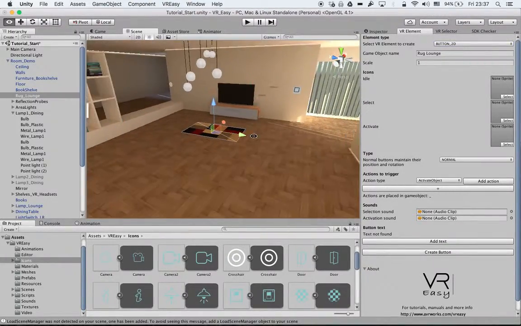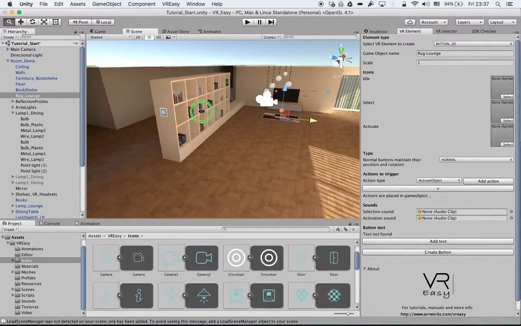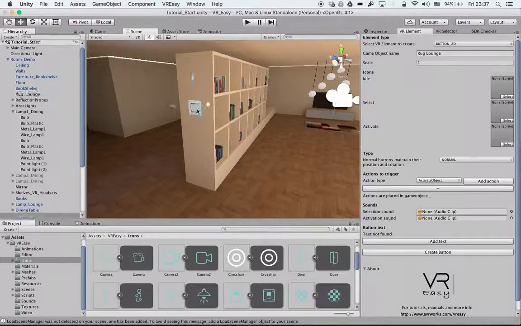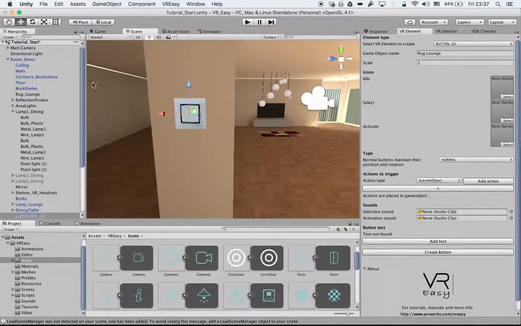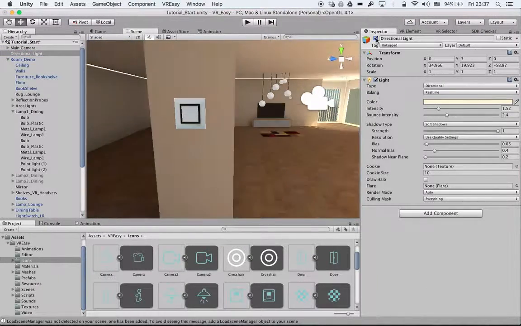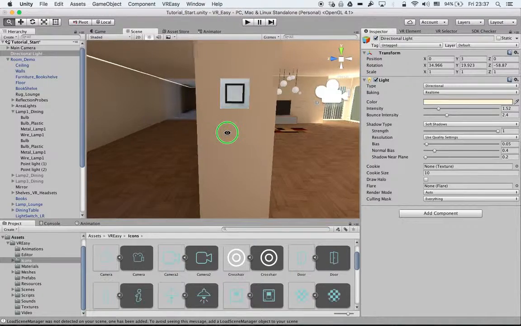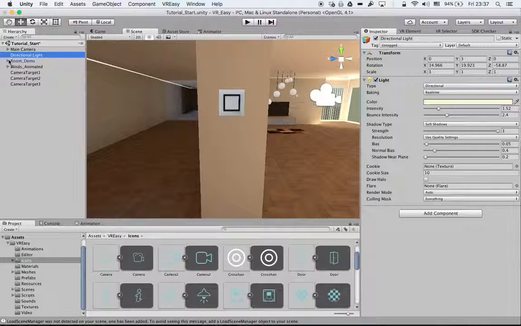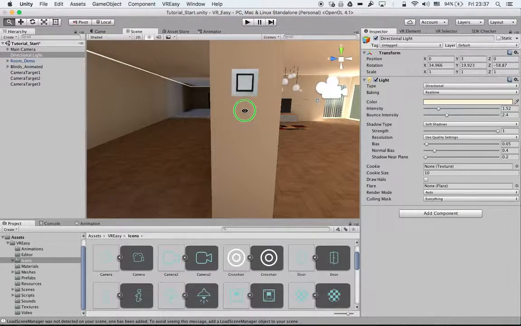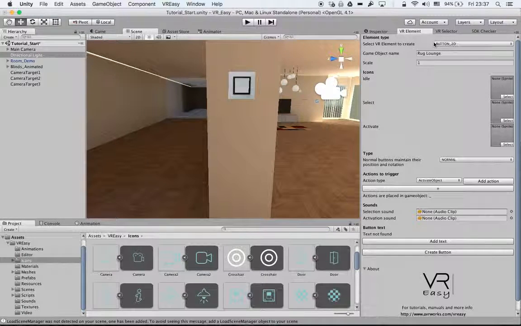and the first thing we will do is switch the directional light in your scene on and off with a 2D button, and then we will explain exactly the same thing with a 3D button. So let's get started. First of all, in order to create a button, we go to our VR element,